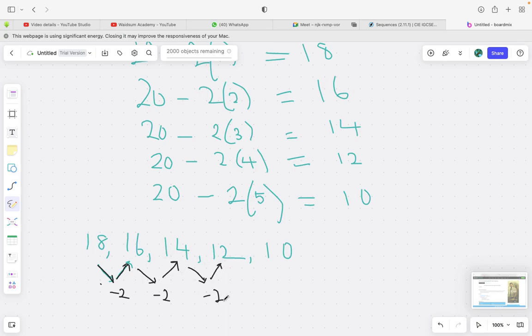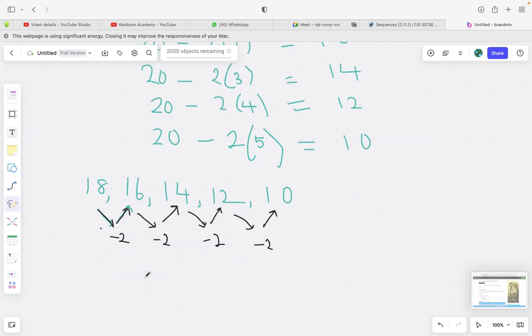So it's a common difference of negative 2. For this one, you're going to say 10 minus negative 12, and you get negative 2. So we can even get the formula for the term-to-term rule. For the term-to-term rule, the formula will be